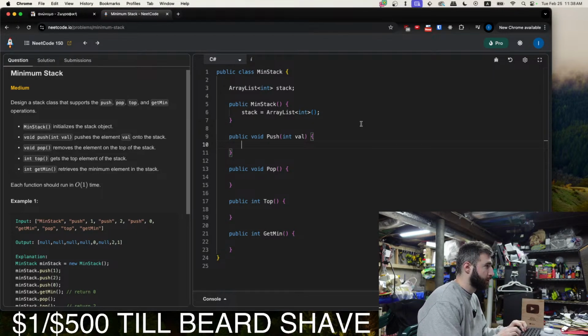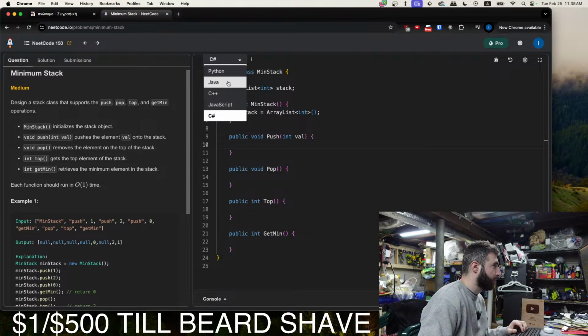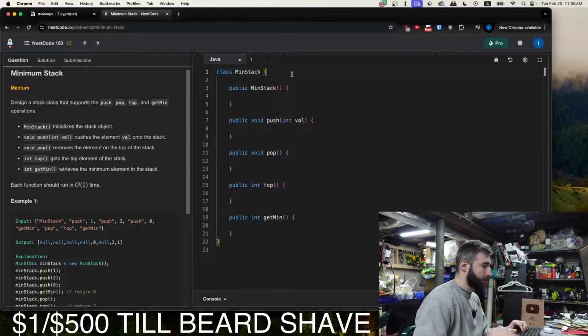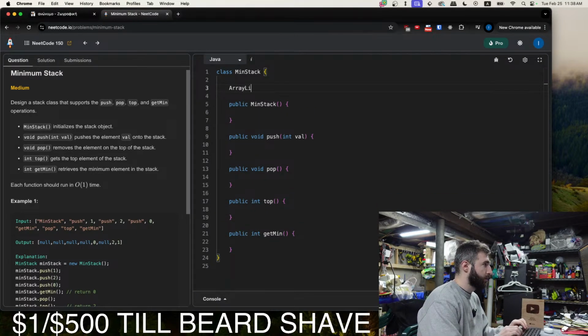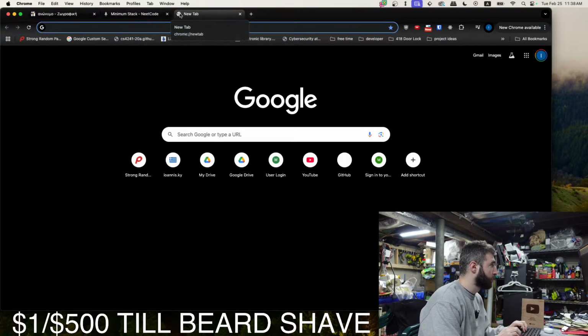All right, push. Oh wait, this is C#. I want to start off in Java, actually. So ArrayList<Integer> stack equals, oh, no equals yet. Here we initialize it. Stack equals ArrayList<Integer>. Push. Here we'll just do stack dot, what's the function for adding to an ArrayList? Is it push?